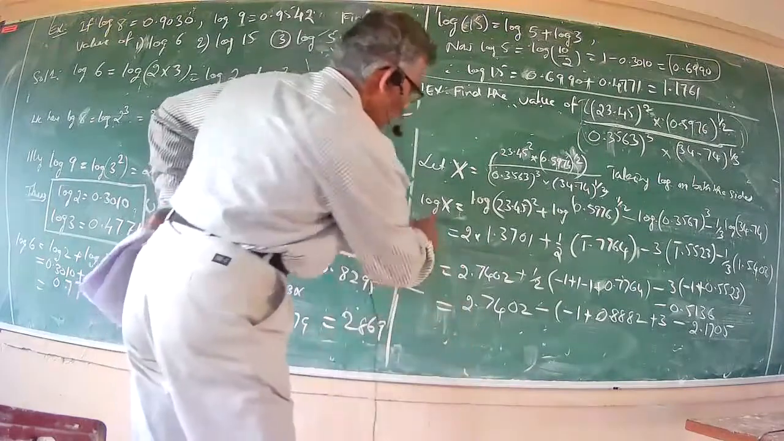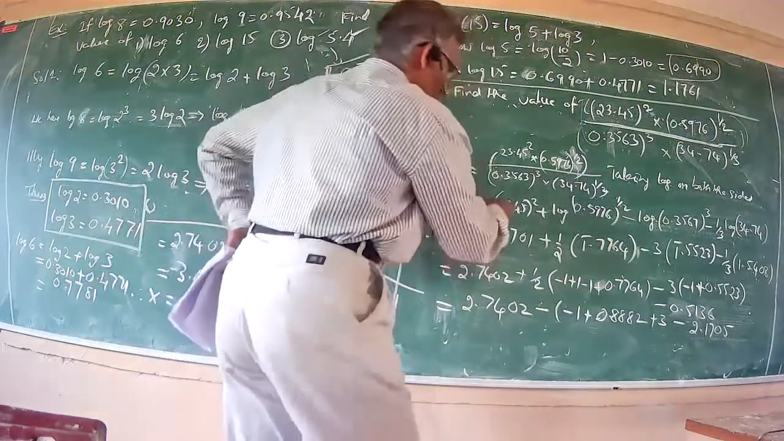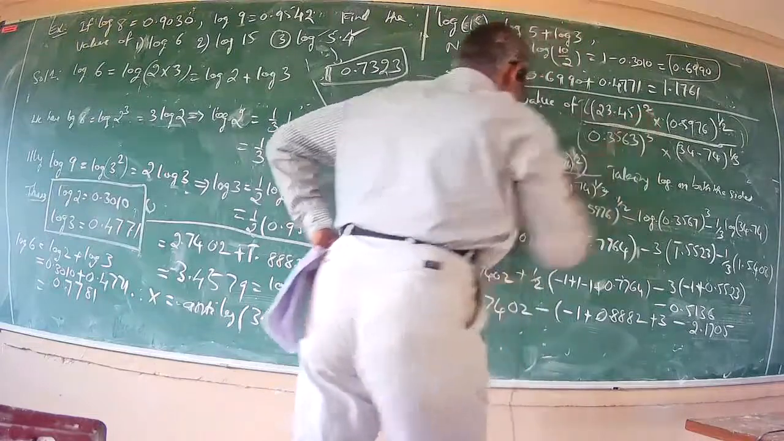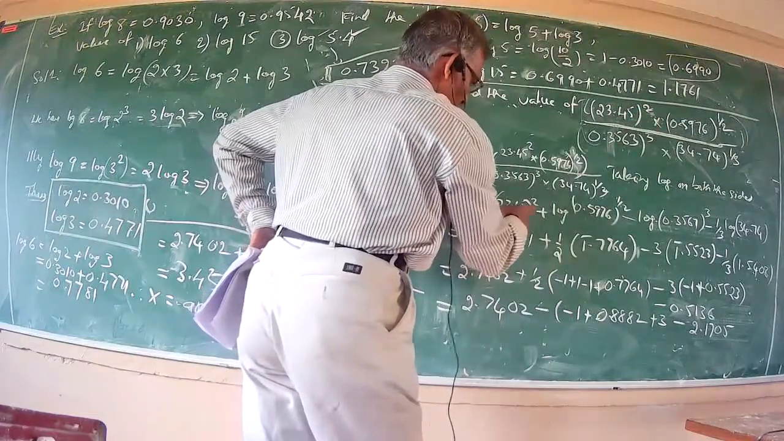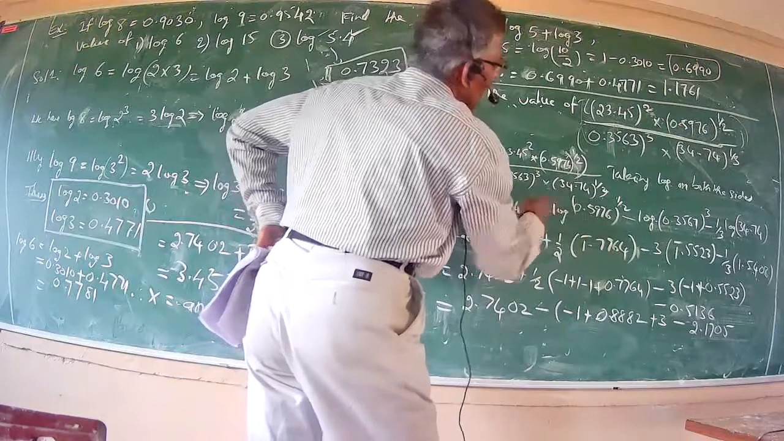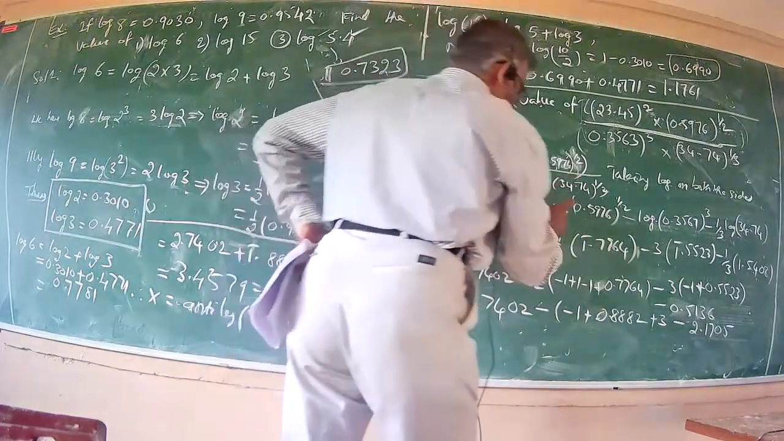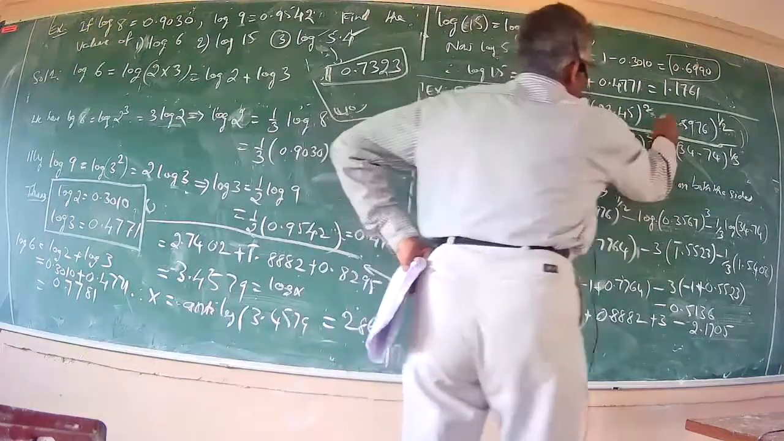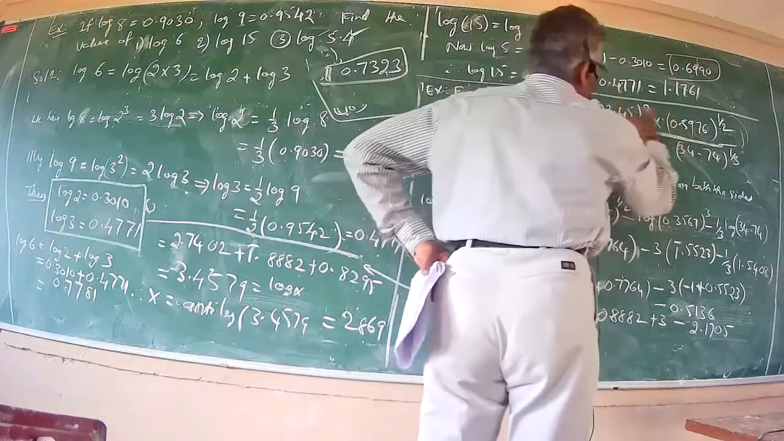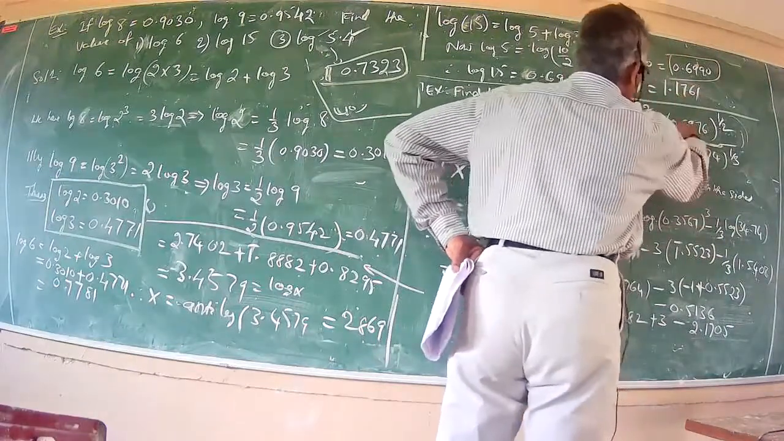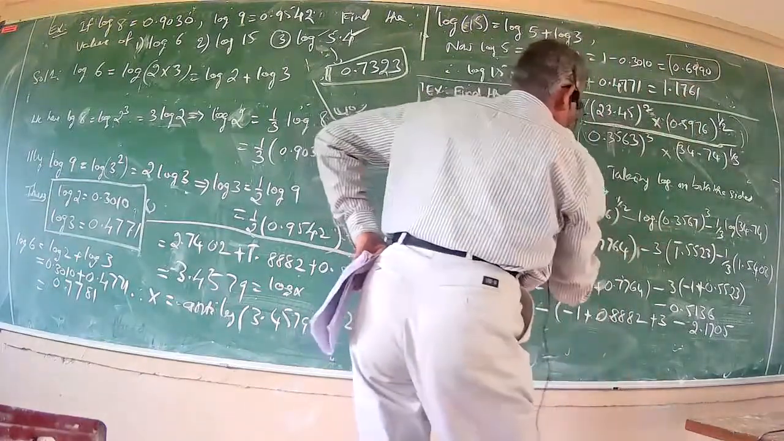So log of x is equal to log of 23.45 raised to half, that is, the square root. Log of 23.45 raised to half, half means square, so square plus. Now using the rule log of a into b equals log of a plus log of b, applying that rule, plus log of